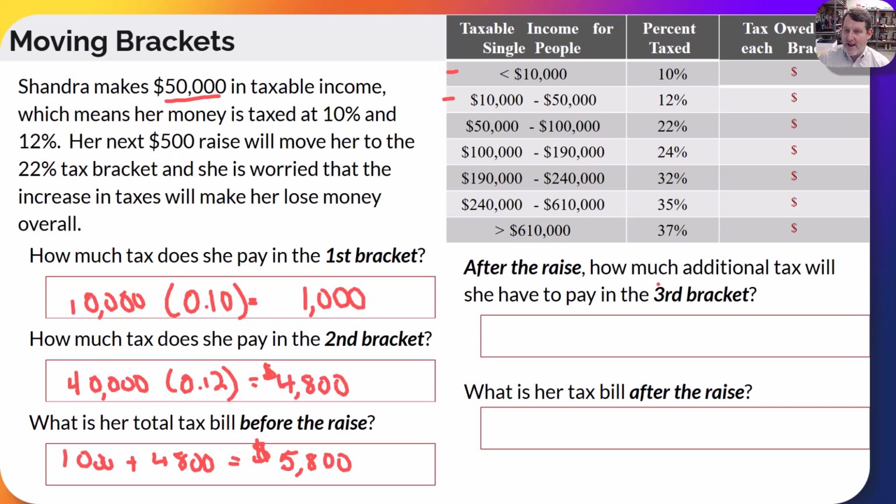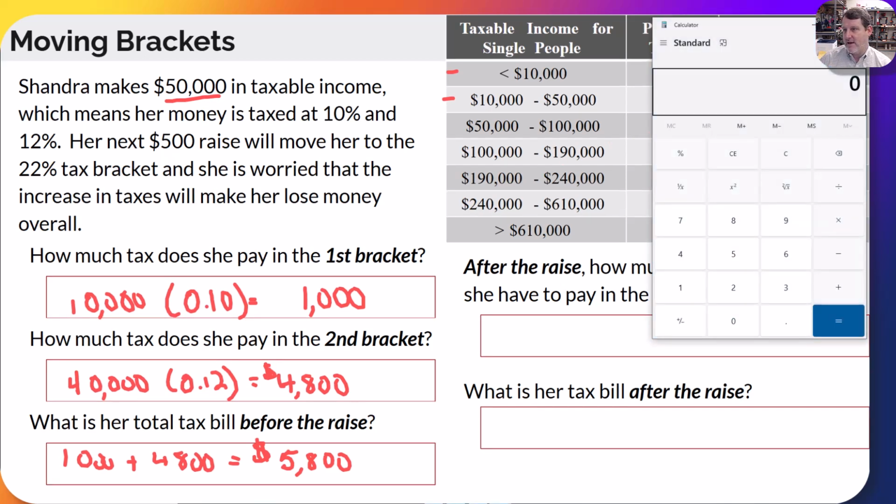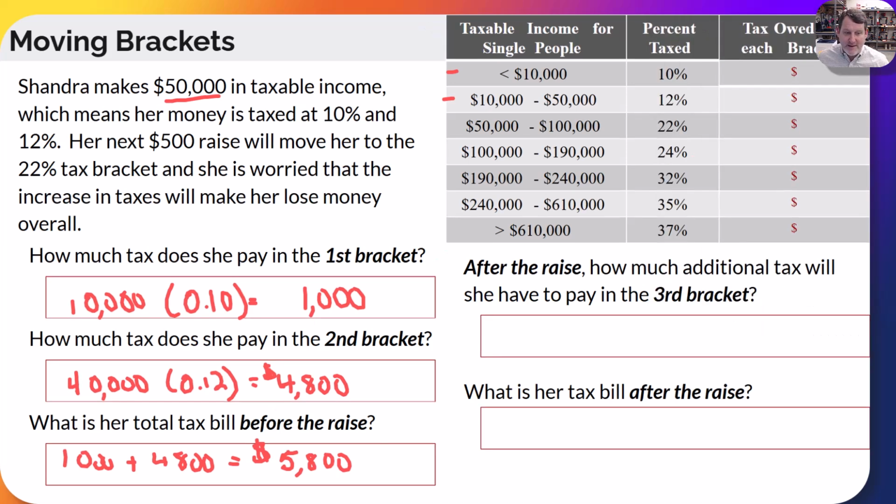Now, after the raise, she's going to get an additional $500. She's filled the first and second tax brackets. What Chandra is thinking is that all of her money will be taxed at 22%. If that were the case, her new tax bill would be $50,000 times 0.22, which is an $11,000 tax bill. That would be double what she paid before. So if she got this $500 raise, she would owe another $5,000 in taxes,